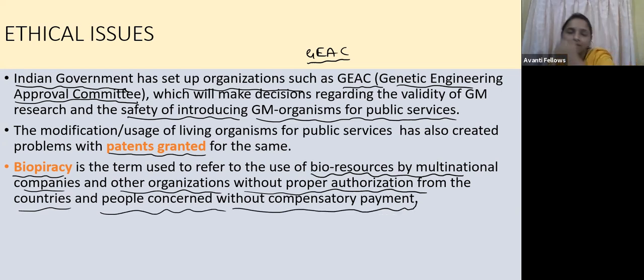When it comes to patents, we have seen that basmati rice was already produced in India only. There are around 2 lakh types of rices produced in India. But the US took the basmati rice from India and crossed it with a dwarf plant. Then they created a basmati rice and took the patent on it. It was created in India, but they took the patent. So it is also called biopiracy.